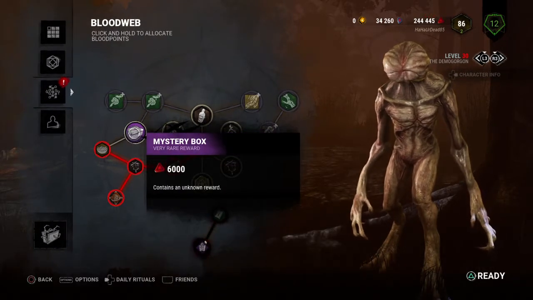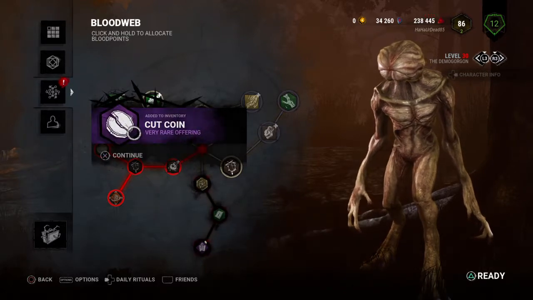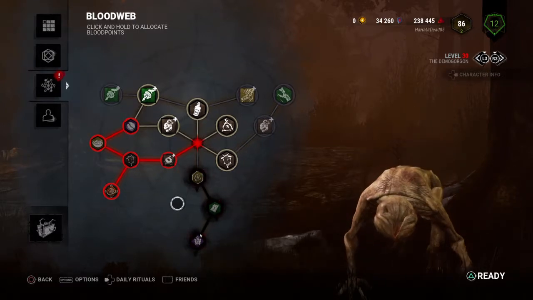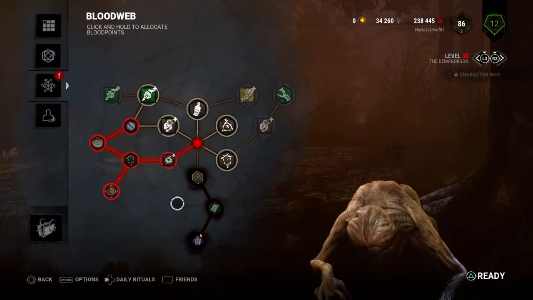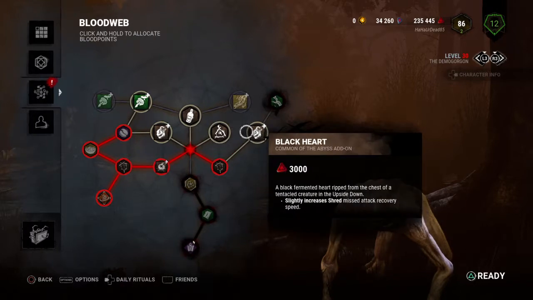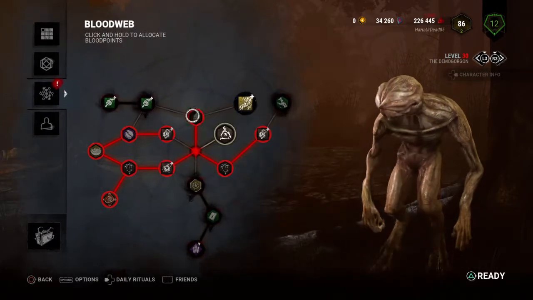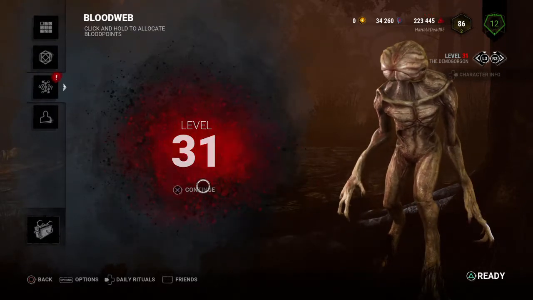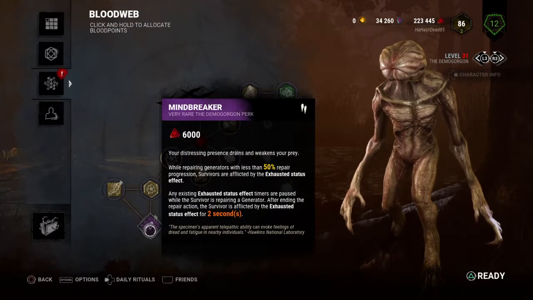I'm going to gamble and see what I get here. Cut coin. It's kind of rubbish, but whatever. At this point, since I spent more blood points than I probably should have, I'm gonna go for value. Block that, and get as much value as possible. Get all the cheap stuff. And then we get to go right...